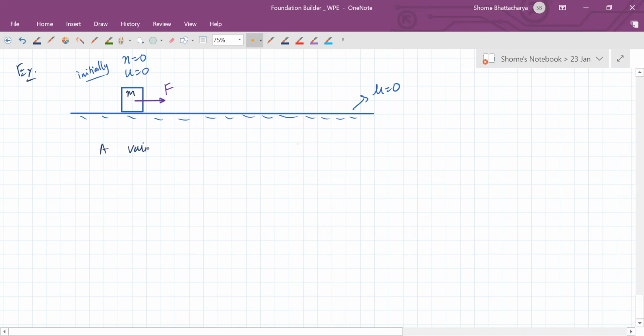So variable force F is equal to, let us say,